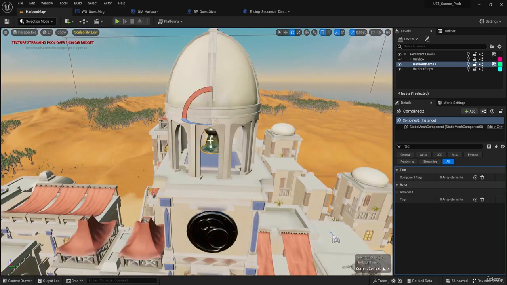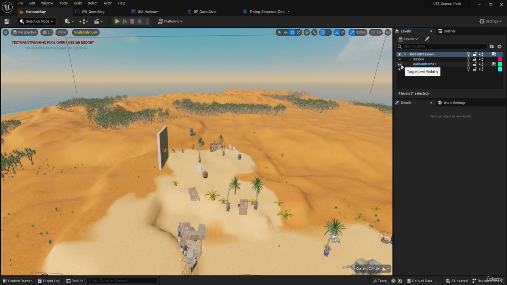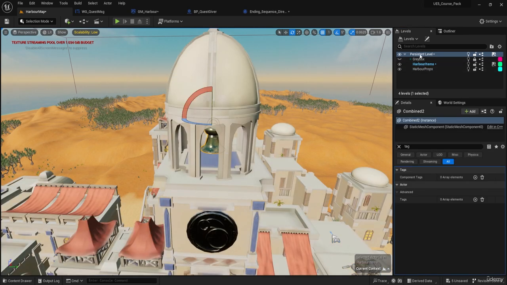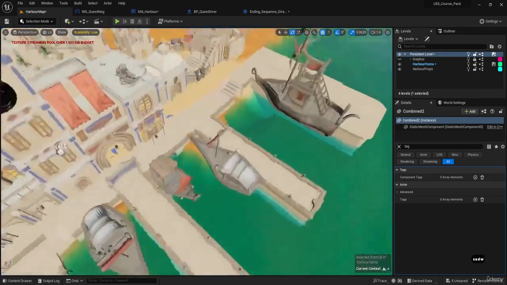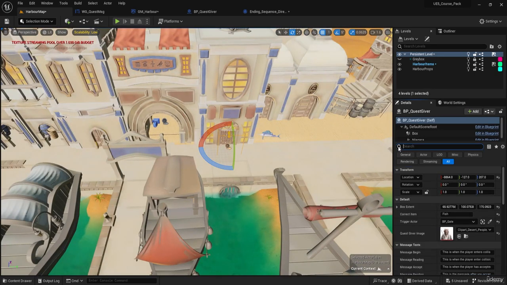See, this actor is not on the persistent level. So this is why it's going on. When you have actors on different levels and you're calling events from sequencer or whatever, this happens. Also in our quest, if we are trying to call an actor, like I'm calling the door here, BP gate,